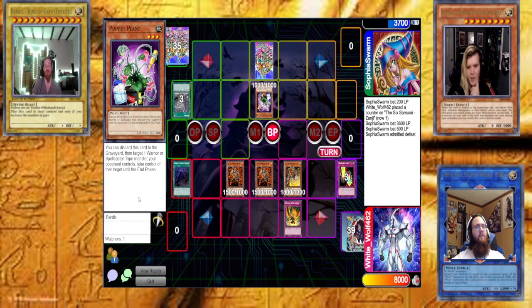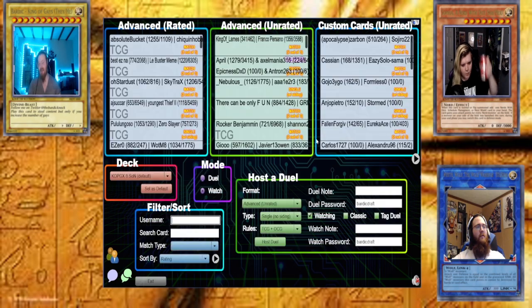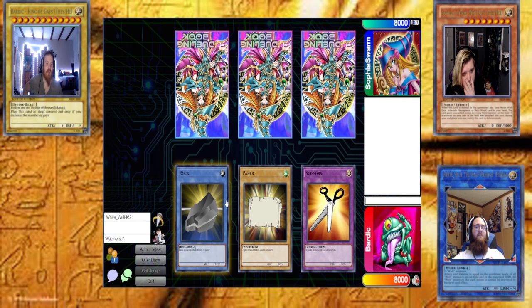Oh, yeah, that would also make sense. Ooh. So now it's you two. Alright, yeah. Hopefully aliens can get a bit of a better showing. Duel number 3. Aliens and Dark...